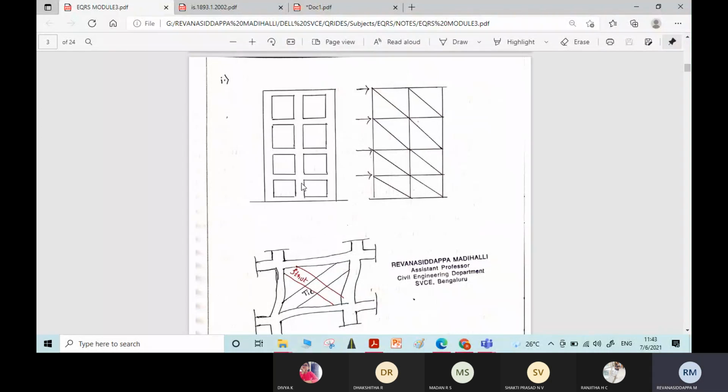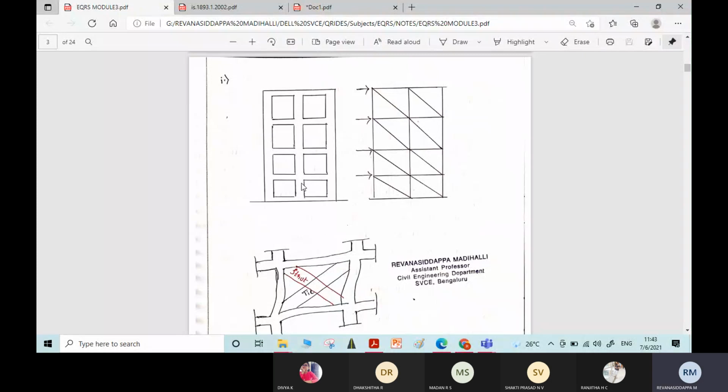While performing the design, the self weight of the walls onto the beams is considered, but the contribution of the wall towards strength and stiffness of the frame is not considered. Why? Because even if you consider it, there will be a marginal difference between the strength and stiffness of the frame and the wall. That is why the strength and stiffness contribution of the walls are not considered.